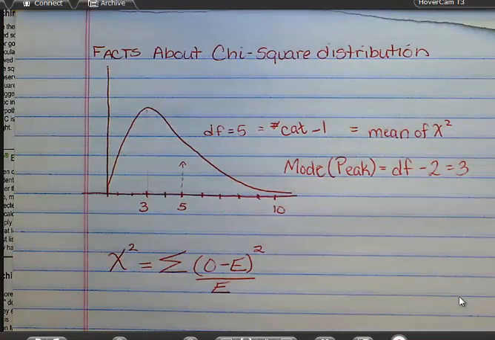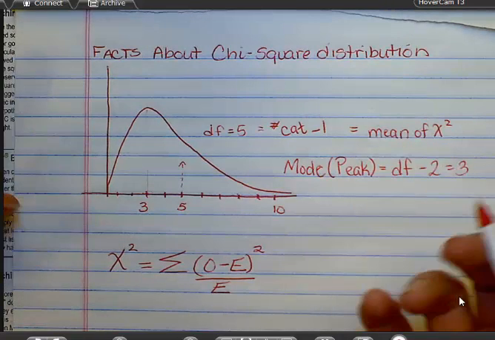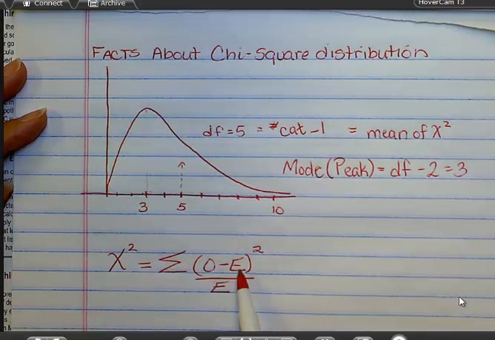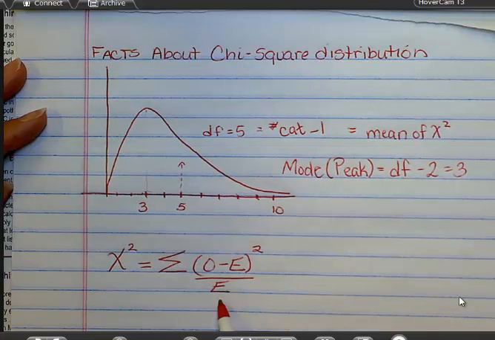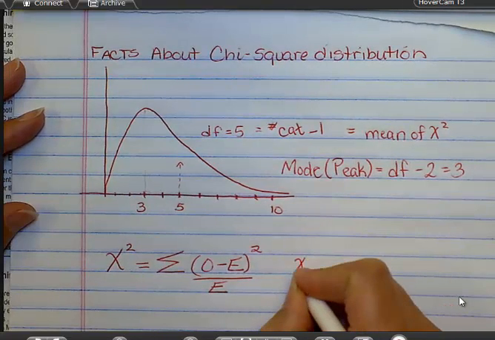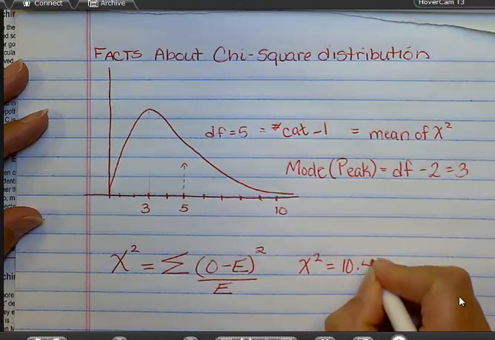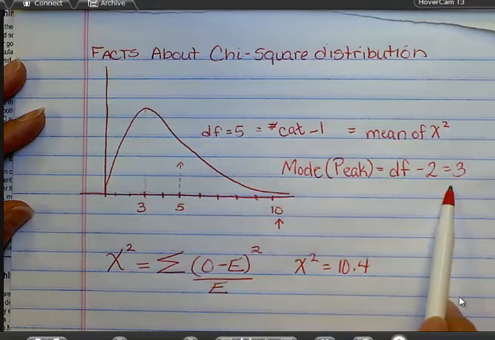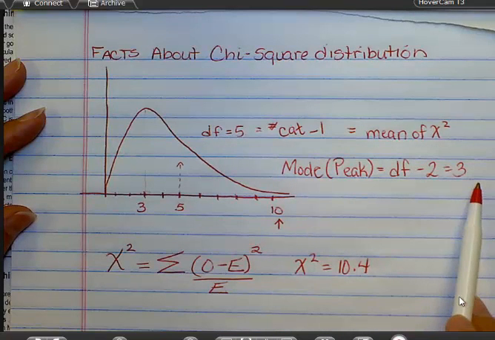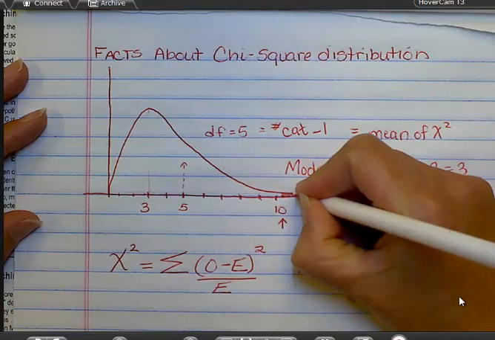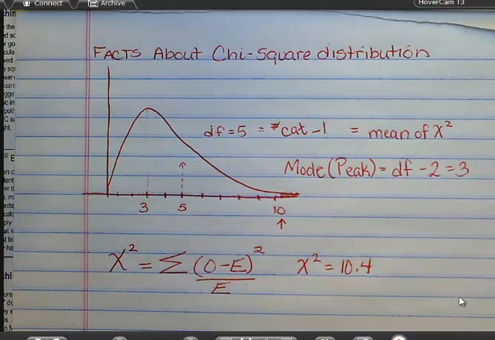And so the good thing about that is that when you work out your test statistic, which is the observed counts minus the expected counts squared over the expected, all summed up, if for instance you got a chi-squared of 10.4, you would know how extreme it was depending on the mean and mode of your chi-square distribution. So in my picture, since 5 was the mean and 3 was the mode, I know 10.4 is a very extreme test statistic and would give me a low p-value,